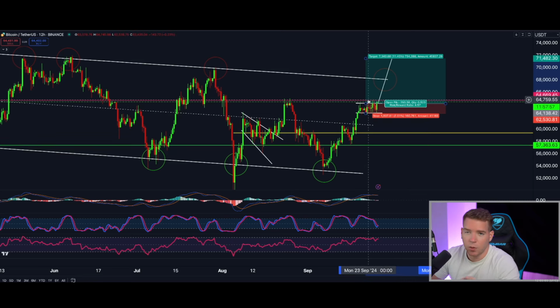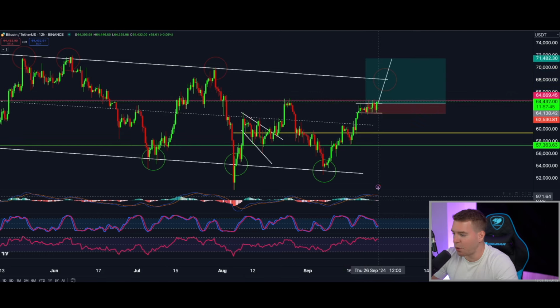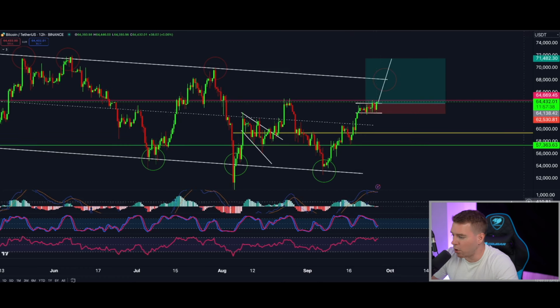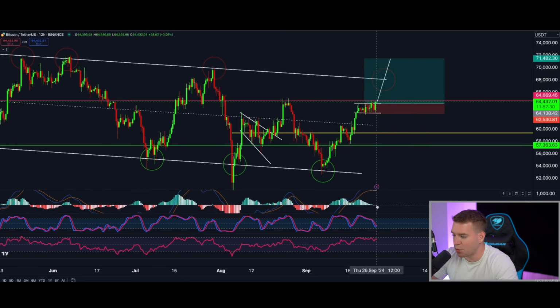But if you want to be a little bit conservative with your trading, wait for the break of $64,700 and for at least one 1-hourly candle to close above that level, even though the indicators are all screaming that we want to go higher. These small red candles on the MACD are basically telling us continuation. When I see something as small as this, I know I can ignore it and we get continuation